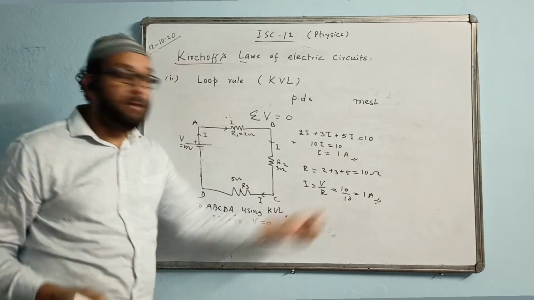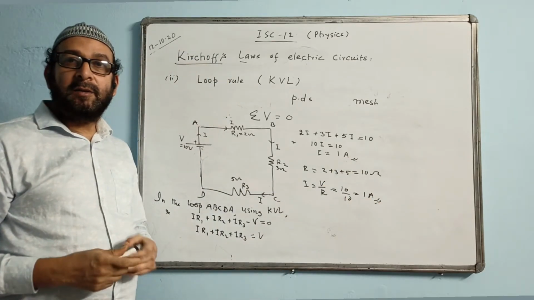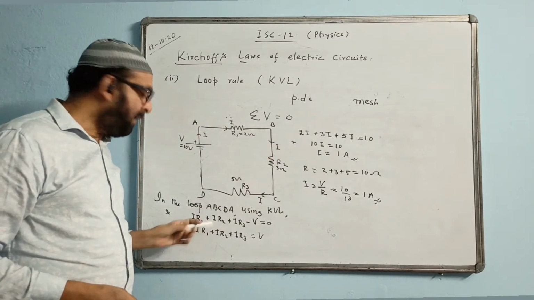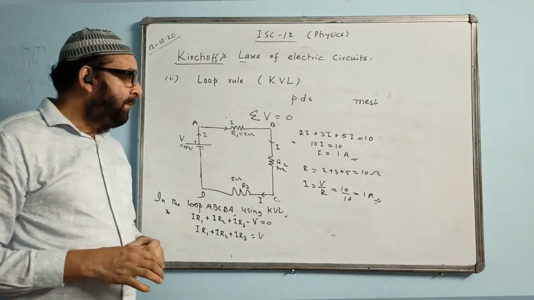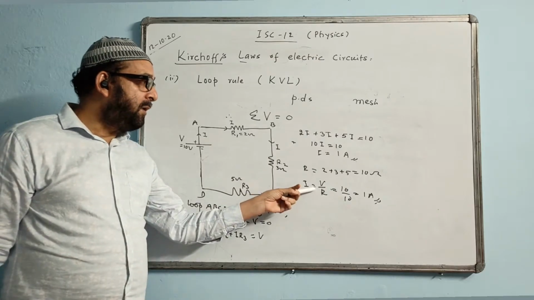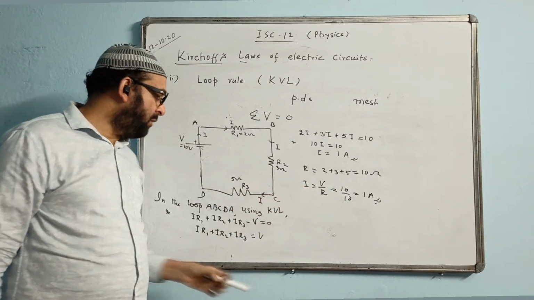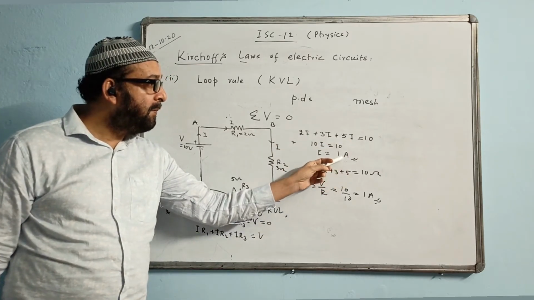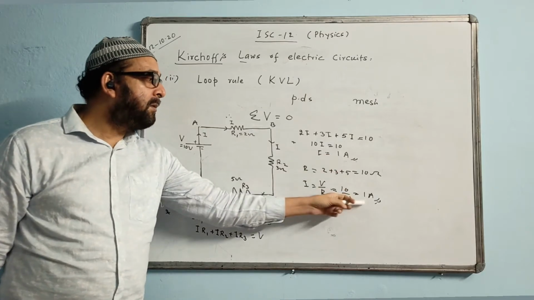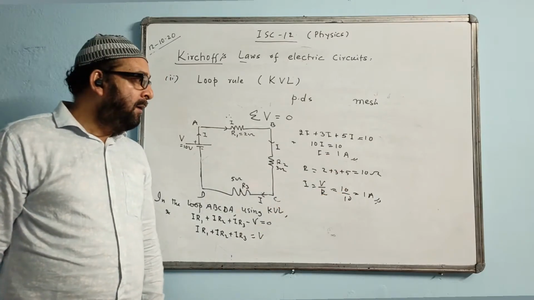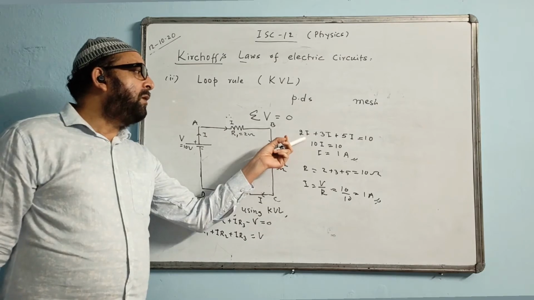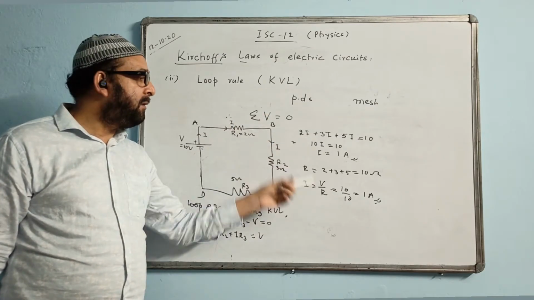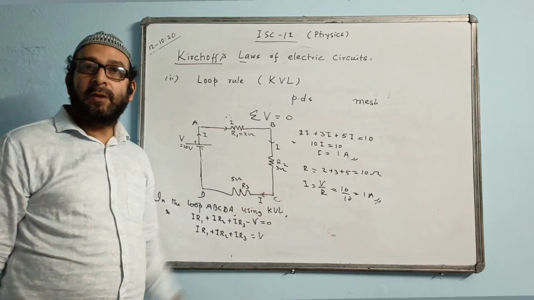This was the method we were using in the lower classes, without thinking about or applying Kirchhoff's laws. But actually it is Kirchhoff's law. We are using Kirchhoff's law part-wise, and we are having the answer coming 1 ampere. This way also the same answer is coming, this way also the same answer. But this is called Kirchhoff's voltage law. We have used Kirchhoff's voltage law here, and this other one is a direct method of doing.